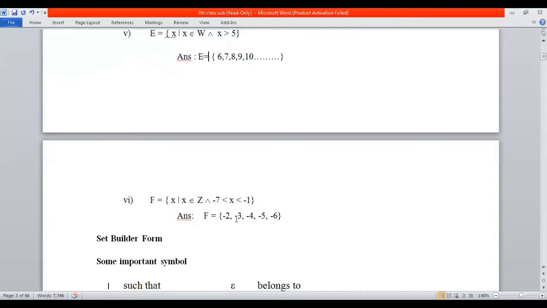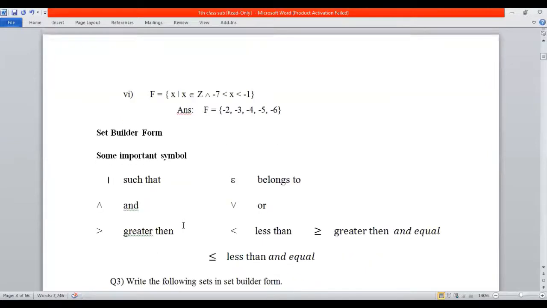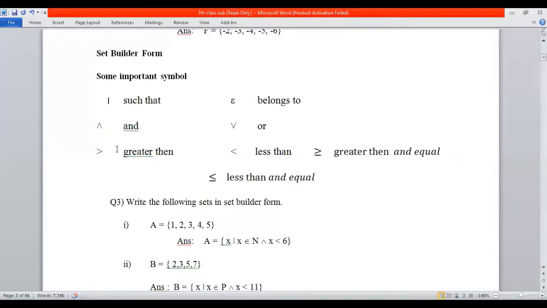So the integers less than minus 1 are minus 2, minus 3, minus 4, minus 5 up to minus 6. So this is the tabular form of this part. Now come to the set builder form. Before starting the set builder form, you should be familiar with these symbols. Again, I'm going to repeat it: when you represent the set builder form, you describe a set